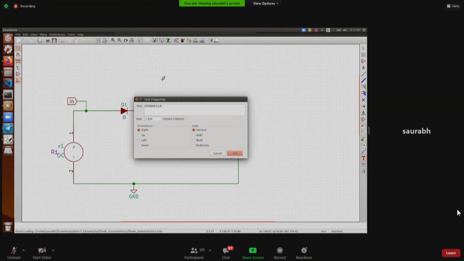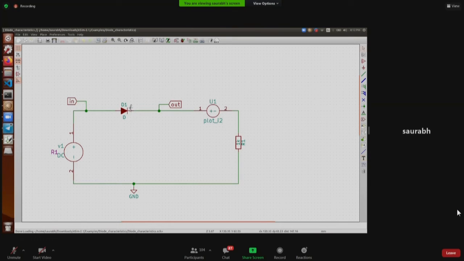So Gerber files are what are usually used by manufacturers and designers to pass on the information. You need not send your entire project. You can just send a Gerber file, and it has all the information as to where your components are placed, at what distance they are from each other, what should be the width of the copper track that is going to be placed, and other miscellaneous stuff. Whether some text has to be printed. You may have seen a lot of text on some PCBs, property of this, that, etc. So this covers the area from circuit creation till fabrication.